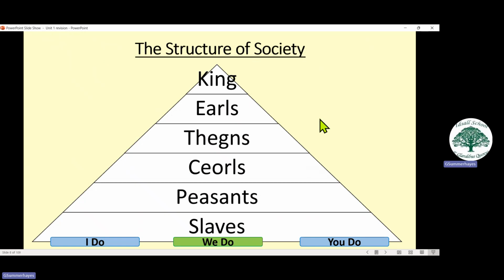So that's how it looks, and it's a pyramid shape, triangle shape, because there's only one king, then there's 6 earls, a few hundred thanes, possibly 1,000, many more churls, even more, I've said 70%, peasants, and slaves, a little bit of a slightly wrong shape there. I suppose it should be a Christmas tree, shouldn't it, with a little bit of slaves at the bottom.